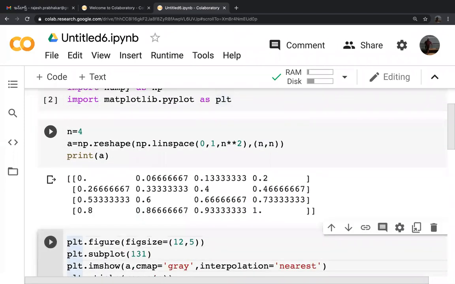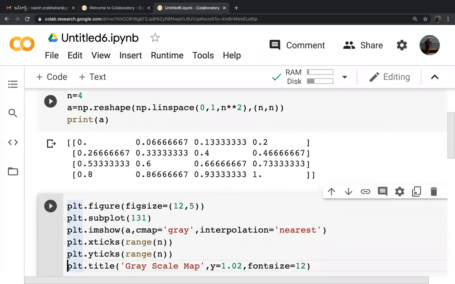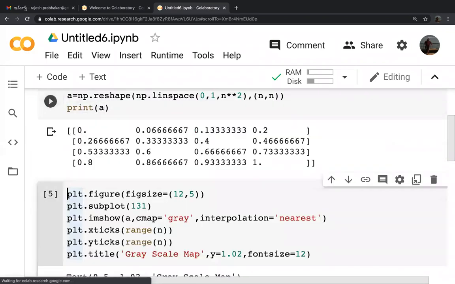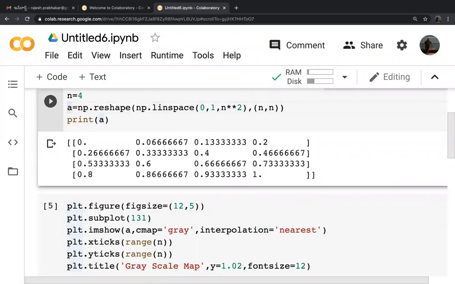We have created a two-dimensional array, and with this two-dimensional array we created a grayscale map using the code of matplotlib. Matplotlib imshow, image show, is a very important function in image processing.